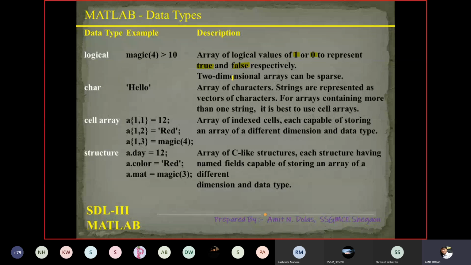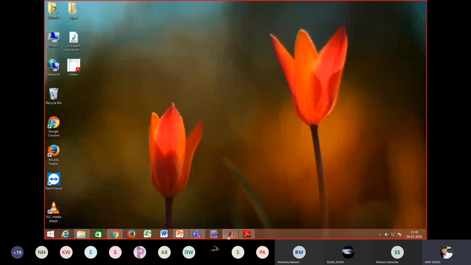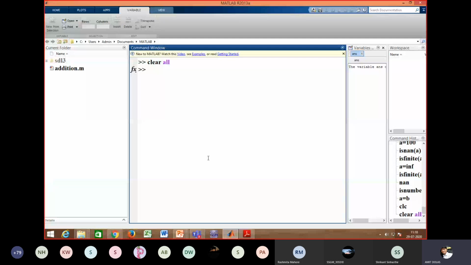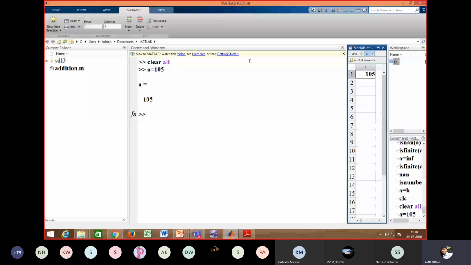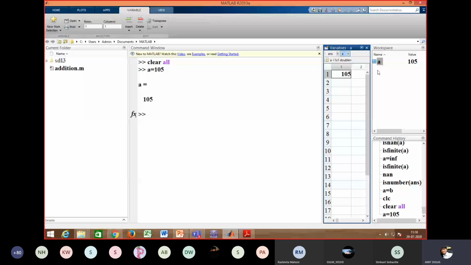So we can have some example here in MATLAB. I'll open MATLAB and go through simple examples again. So I will say a is equal to 105. Now as we have seen in the last lectures, a variable is created with variable name a, and now it is 105.